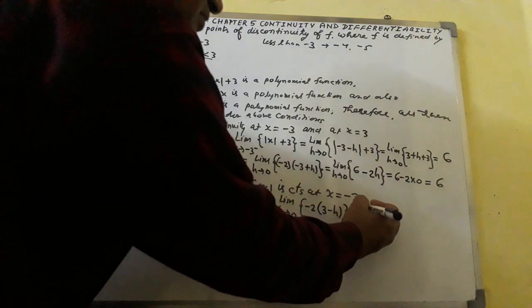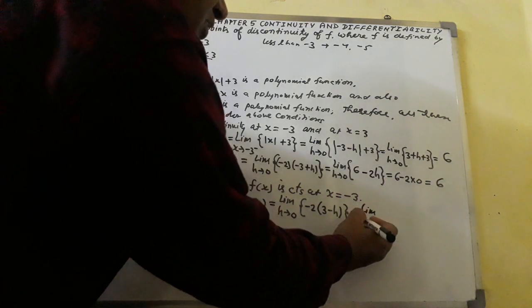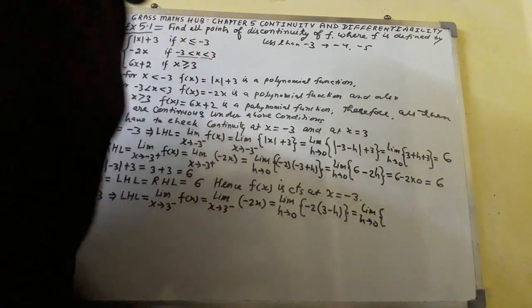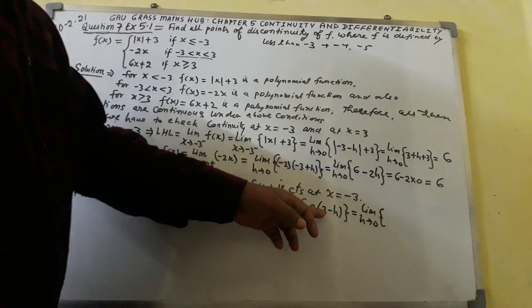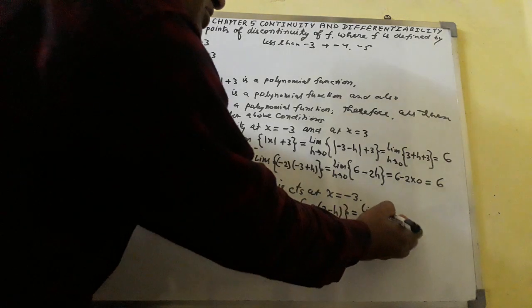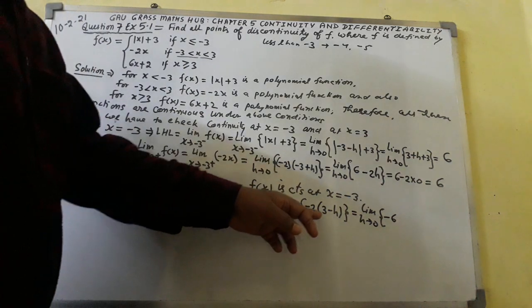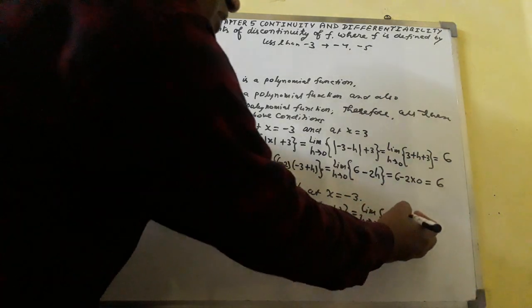So here write lim h tends 0, minus 2 will multiply to 3, comes out to minus 6, and minus 2 will multiply to minus h, comes out to plus 2h